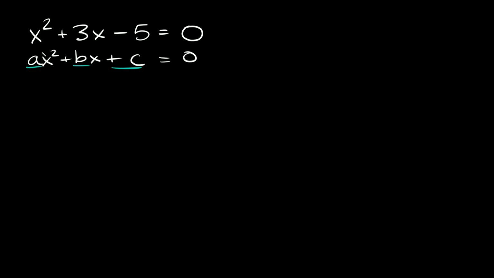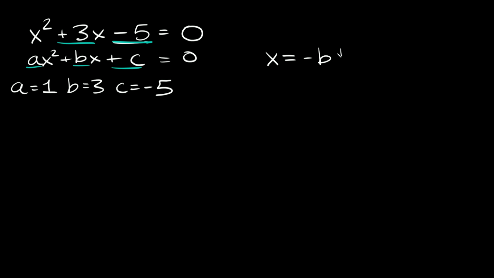So then the next thing we want to do is just identify what a, b, and c are. So let's start with a. So it looks like a is going to be equal to 1, b is equal to positive 3, and c is equal to negative 5 right here, right? So c is equal to negative 5, right? So now that we know what a, b, and c are equal to, now we can plug them into our quadratic formula, which is x is equal to negative b plus or minus the square root of b squared minus 4ac